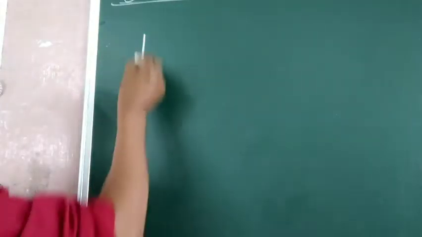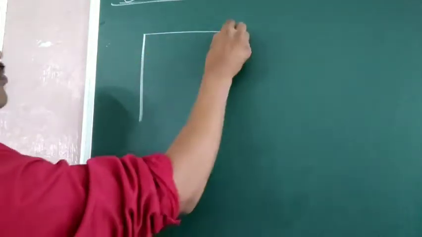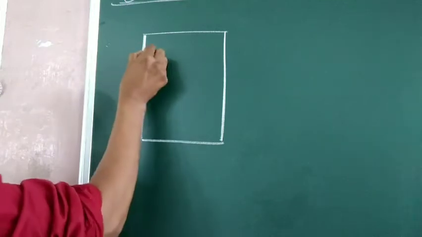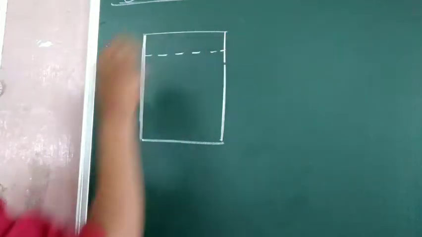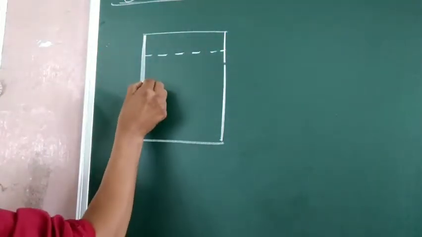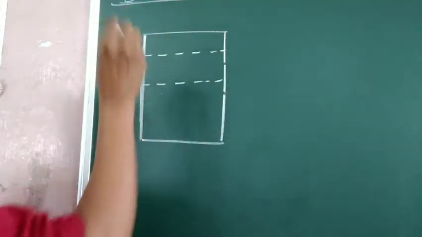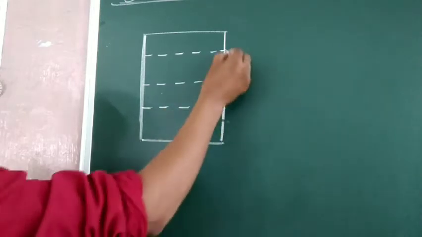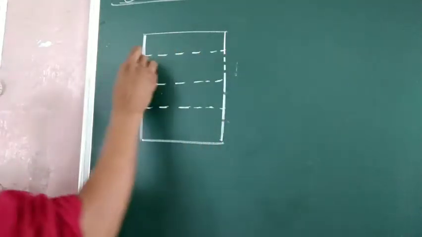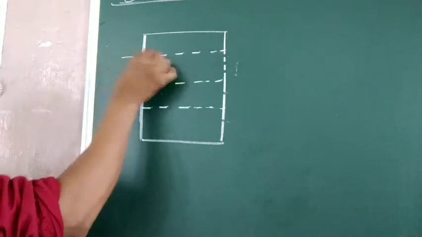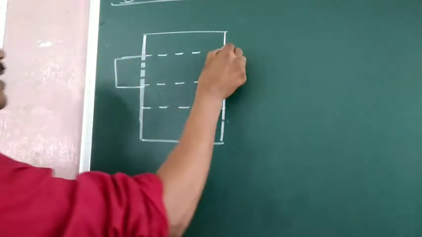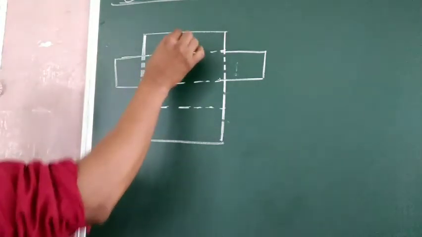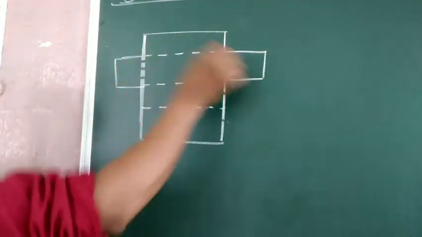This is how it has been drawn, beta. See, this is a dotted line here. This is one more dotted line here. And again, one more dotted line here. And then this is also a dotted line, and this is also a dotted line. Now like this, here are 6 faces. Here you have 6 faces, and this design is like this: 1, 2, 3, 4, 5 and 6 faces.